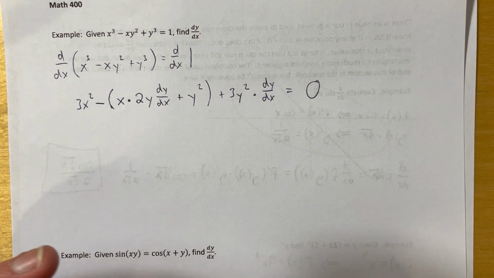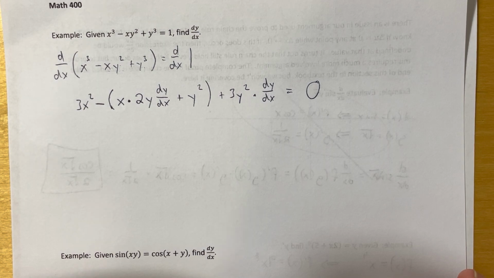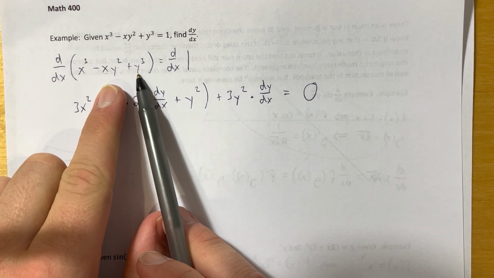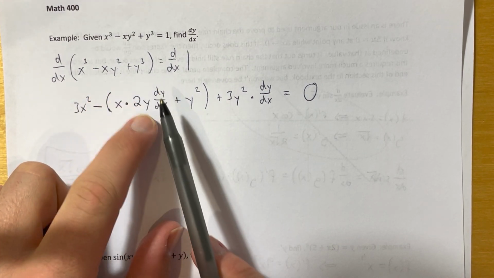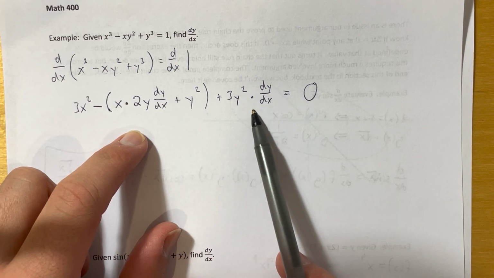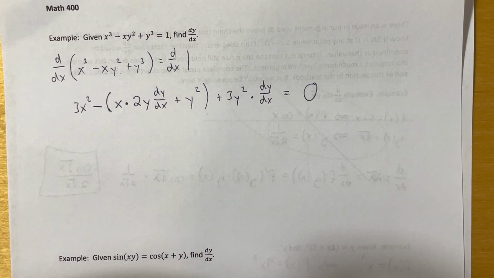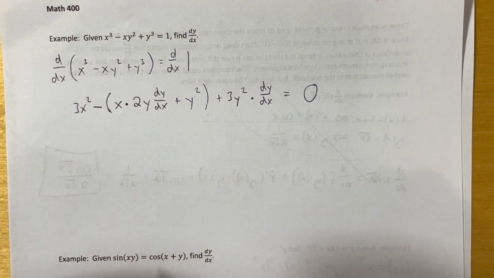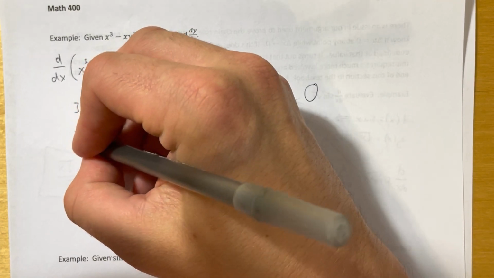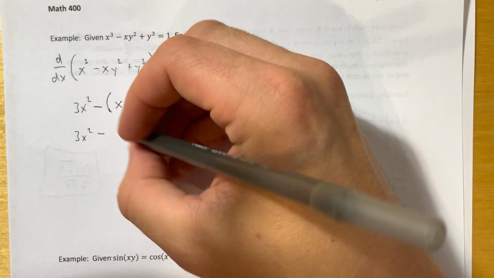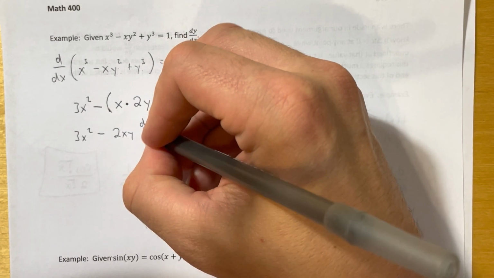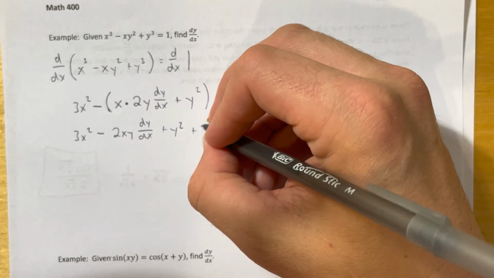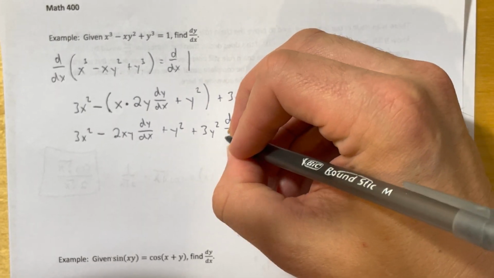Okay, so again, the goal here is to solve for dy dx. That's what I'm trying to find. And just to recap, every time I'm differentiating something involving a y, you'll notice it's spitting out a dy dx in that process. And again, I've said it several times, I just want to drive the point home. This is because of the chain rule, okay? So let's distribute that minus sign in. 3x squared minus, I'm going to write this as 2xy dy dx plus y squared plus 3y squared dy dx